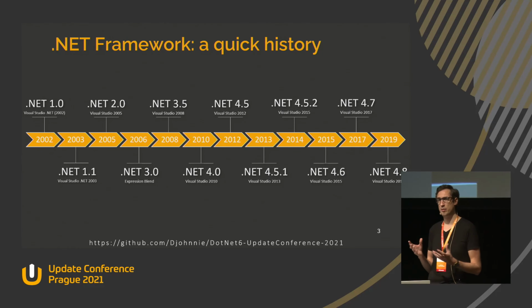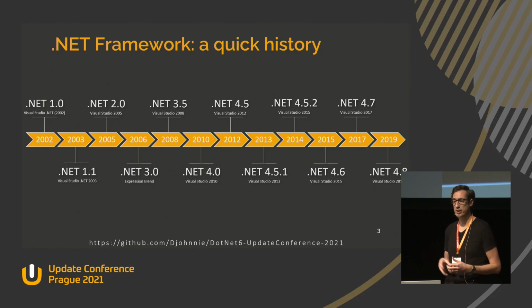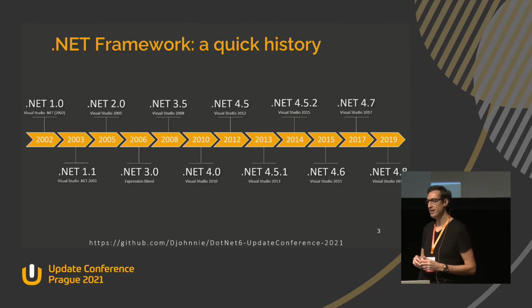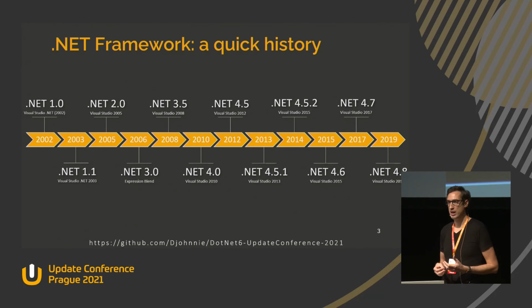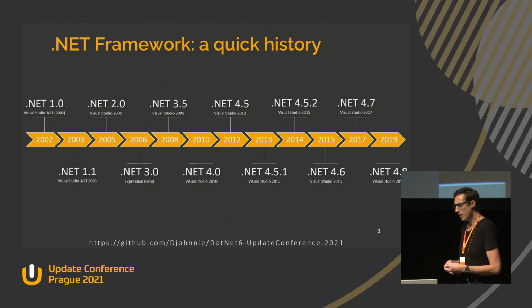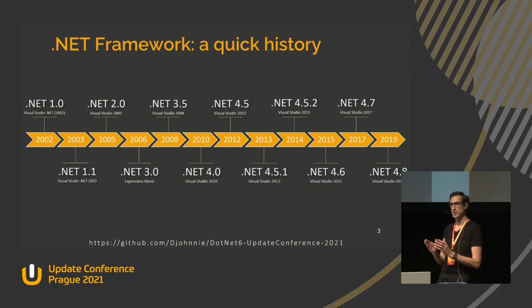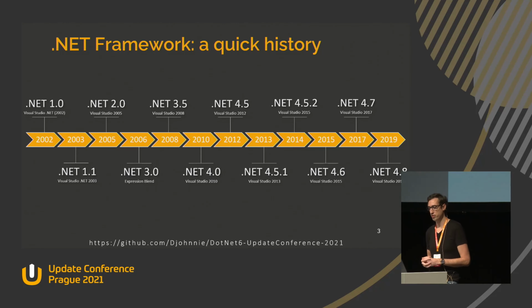I really like it if developers could use the correct names for all of these platforms because they are a little bit different. So if you're talking about the old .NET, you talk about the .NET framework. If you talk about .NET Core, that's easy. It's just called .NET Core. And then if you talk about the new .NET, you just say .NET, nothing else, so just .NET. And that's the 3 separate versions of .NET.